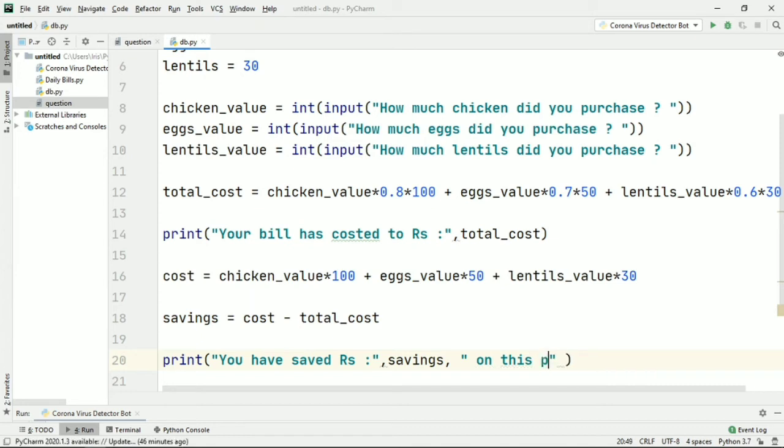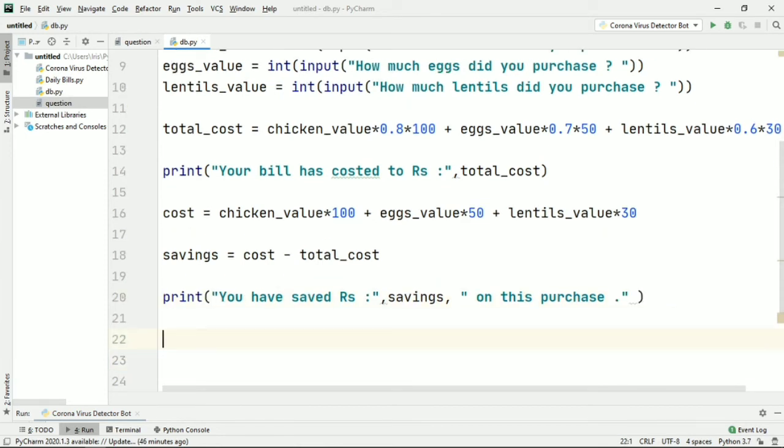Okay, just let us put a full stop, and now let's write another statement saying do visit us again. This is basically just for improvement in the visual look of the program, nothing else. So now let's run this program and check our output.